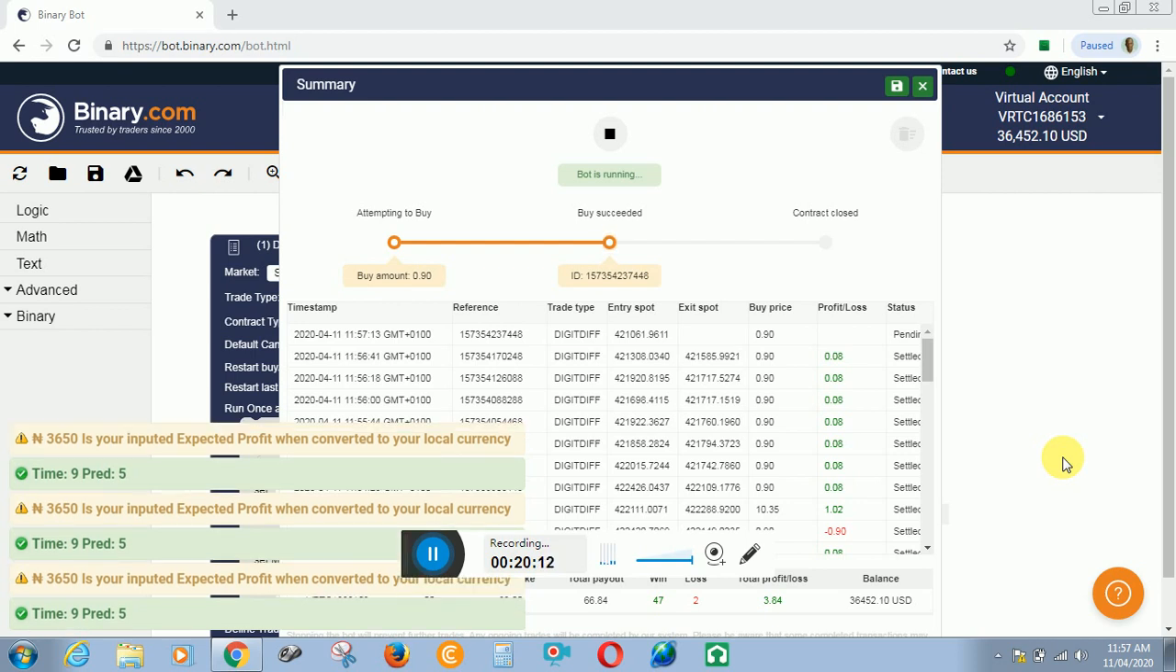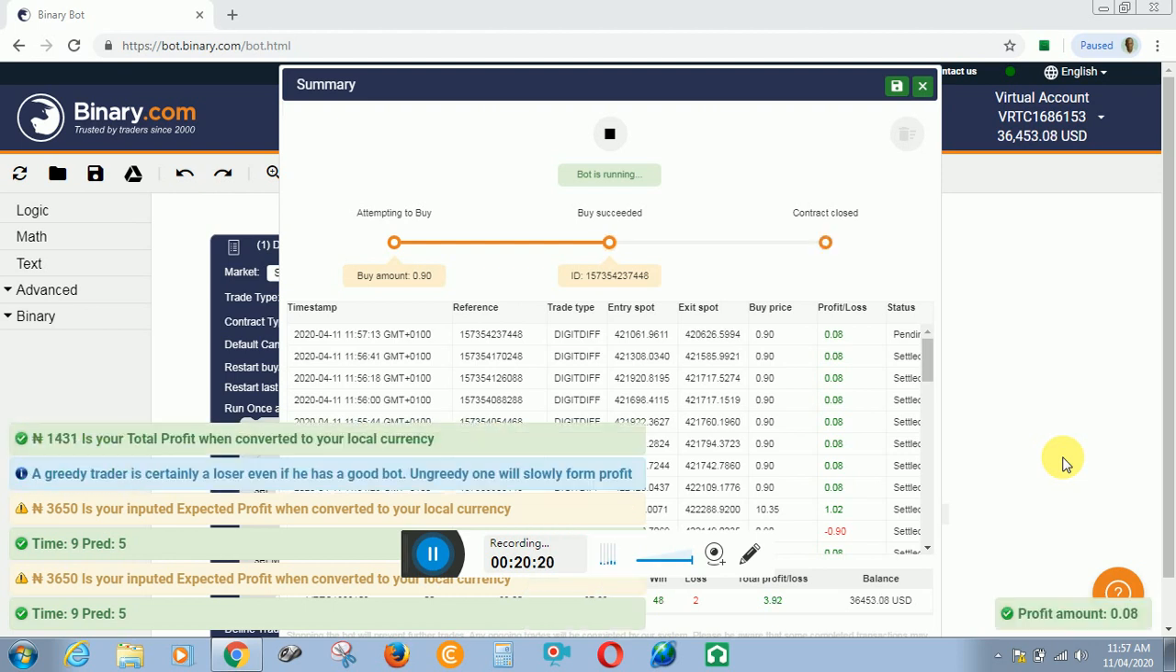Okay, so over a long run, this is when it has decided to give us a loss. So now, as we are seeing,